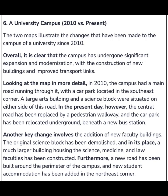6. A university campus, 2010 versus present. The 2 maps illustrate the changes that have been made to the campus of a university since 2010. Overall, it is clear that the campus has undergone significant expansion and modernization, with the construction of new buildings and